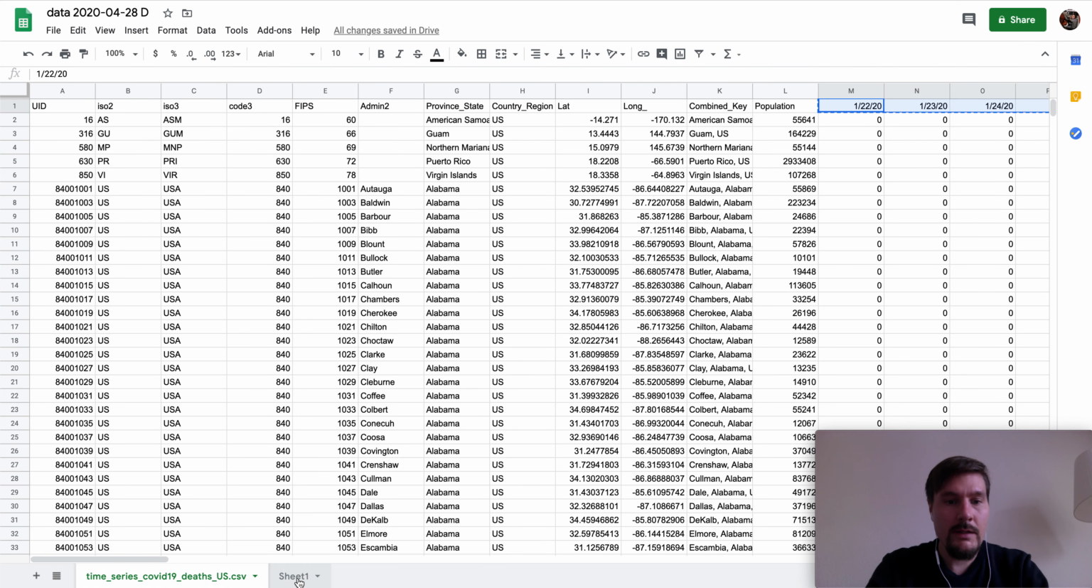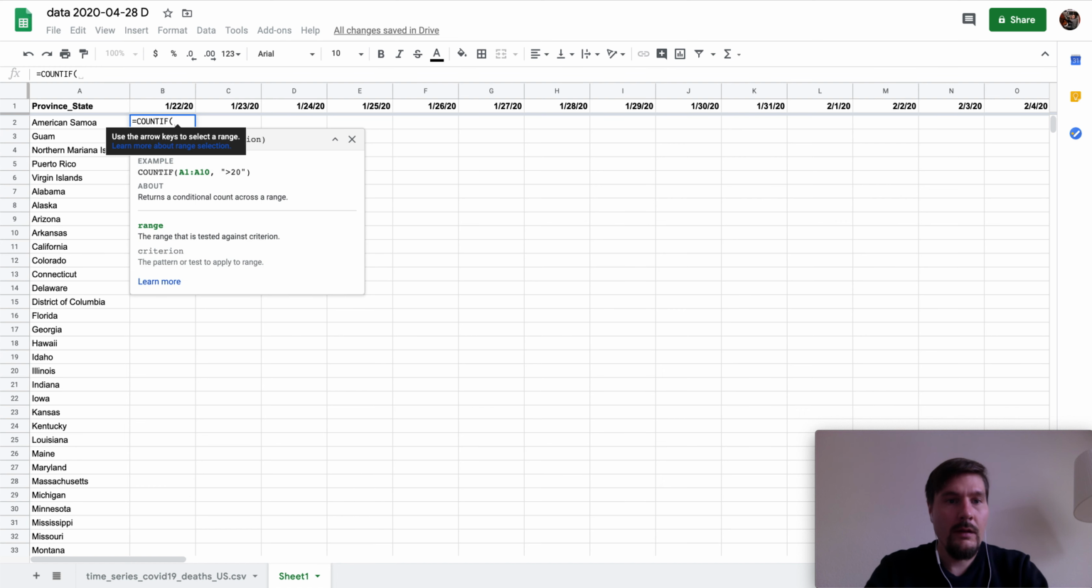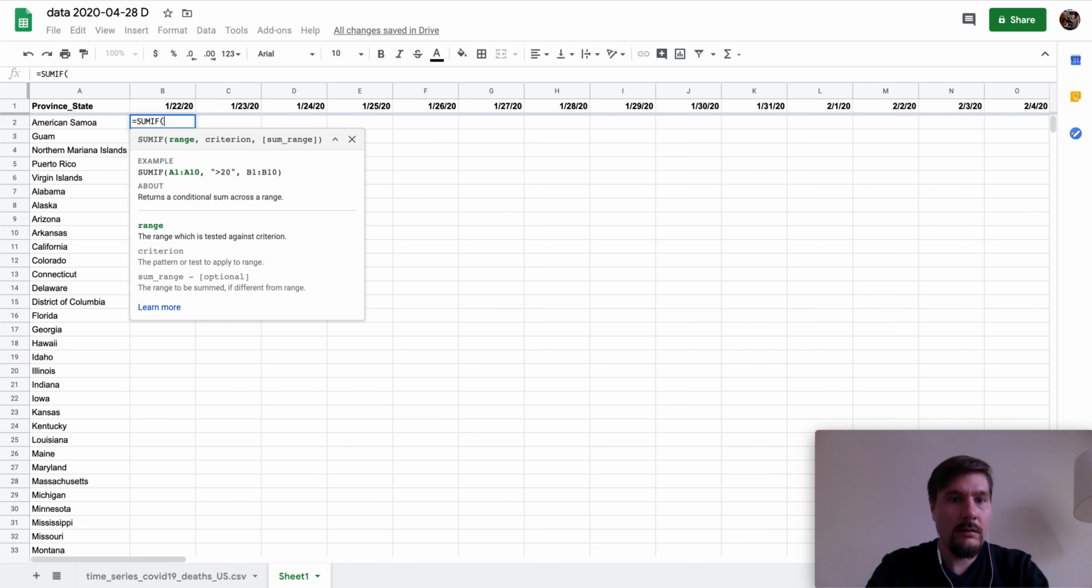And how this is done, it's quite handy in spreadsheets, because you can use this kind of function which is called count if, a conditional count across a range. Sorry, we want to use the sum if function, actually, because we want to sum, not count. We want to summarize the numbers if the criteria is what we need it to be. So